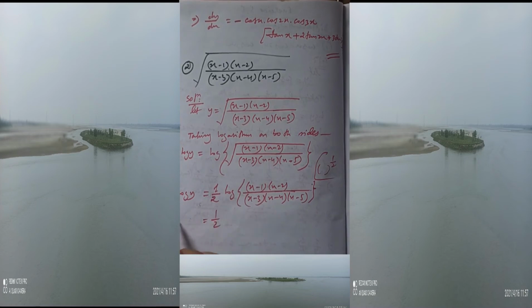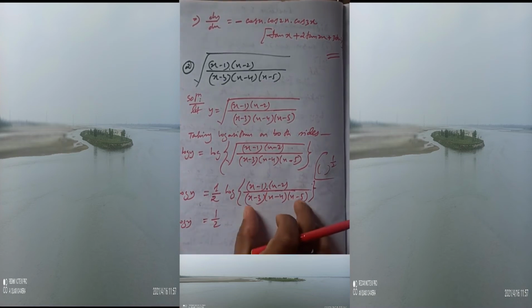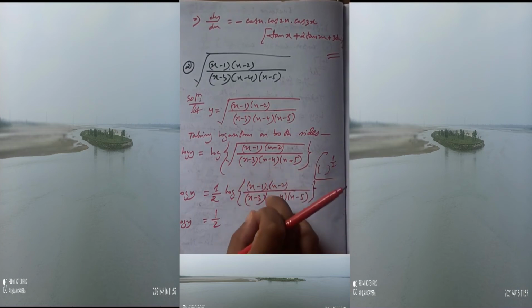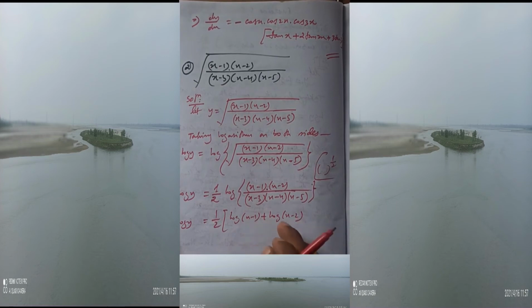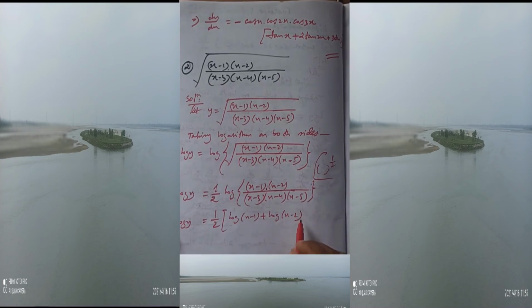Next again half. Now you see the numerator is in product form, but as a whole they are in quotient form, the total is the numerator over the denominator. So log m by n means log m minus log n. This will be log of x minus 1 plus log of x minus 2. They are in product form, so they will be in plus. Again the whole is in quotient form, below it is like a denominator, so all will be in minus: log of x minus 3 minus log of x minus 4 minus log